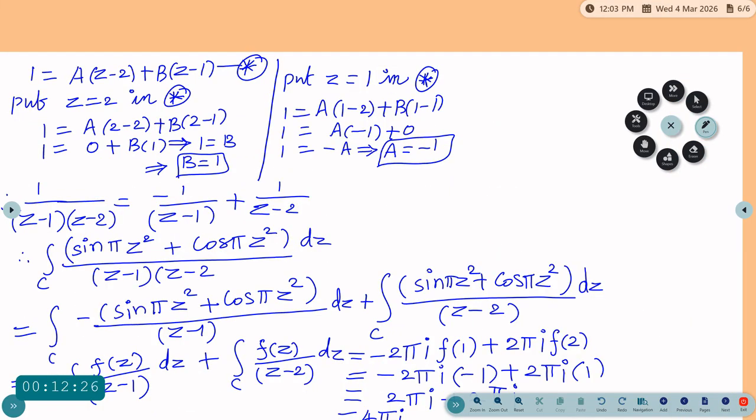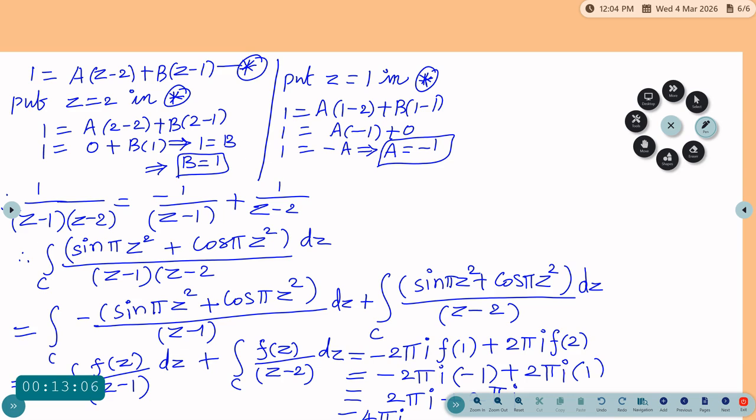Then we put z equal to 2 and z equal to 1 in star equation. We get the value b equal to 1 and a equal to minus 1. So that 1 divided by z minus 1 and z minus 2 equal to minus 1 divided by z minus 1 plus 1 divided by z minus 2. Substitute the a value, b value in particular place, we get this result. So we have to find the integral over c sin pi z square plus cos pi z square divided by z minus 1 into z minus 2 dz. That is equal to integral over c,